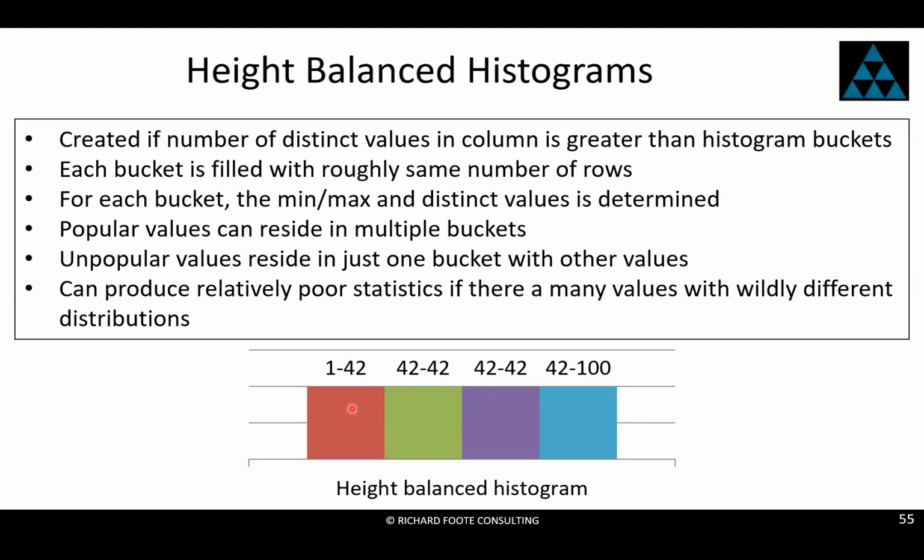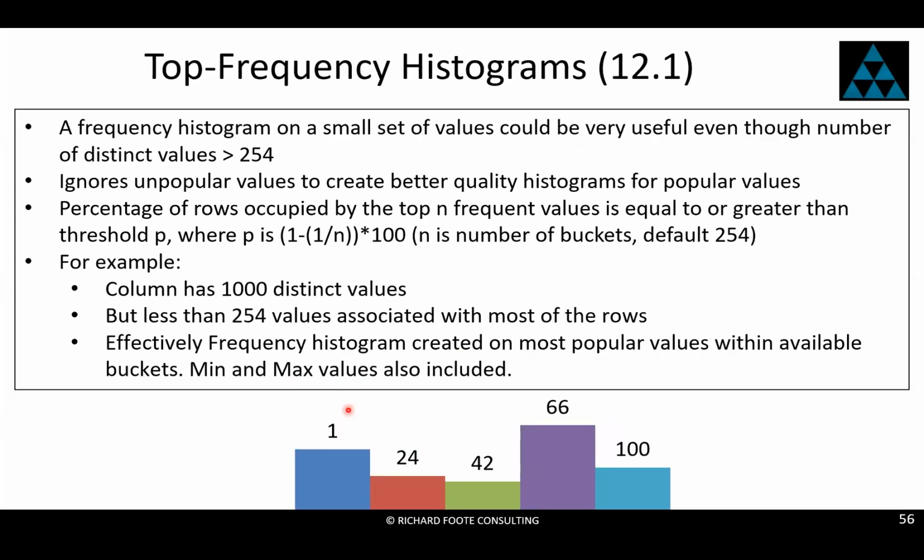I might actually have a hell of a lot of 10s. Most of this data could be 10s, but Oracle's going to treat it as only being 1/42nd, because I could only get the information that there is within a given bucket. Now, to fix some of the limitations of height balanced, Oracle with 12 onwards has introduced 2